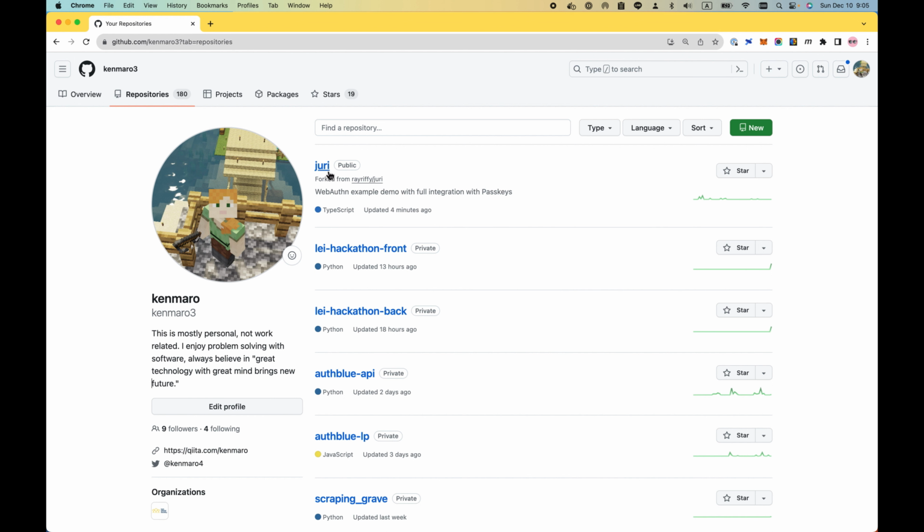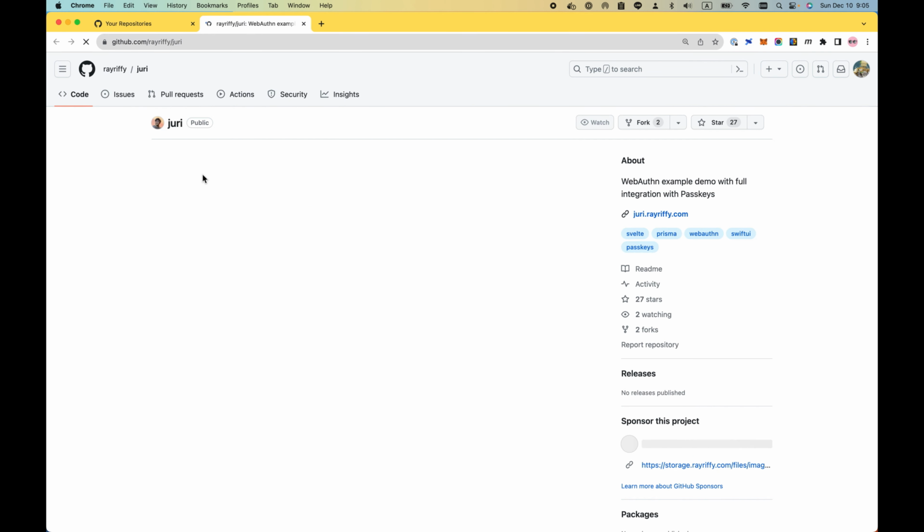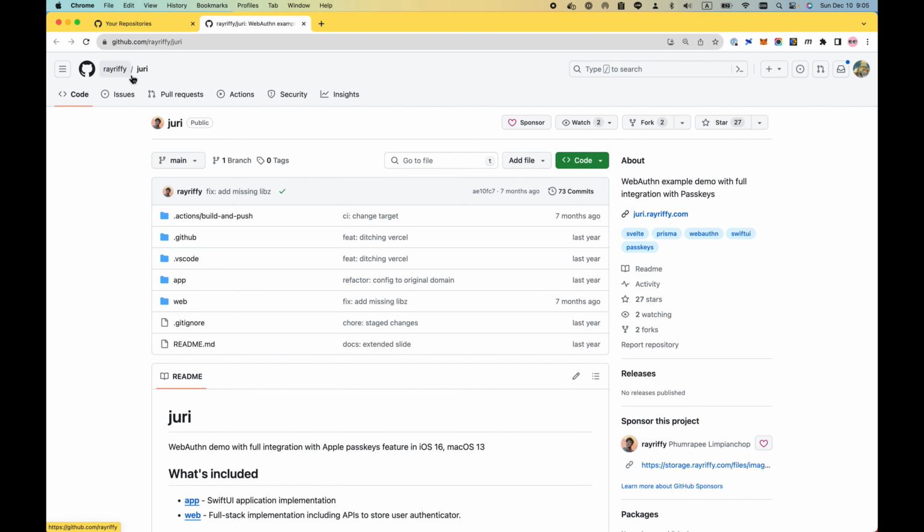So what I searched is this repository. I give him a credit here. Rayriffy jury. This repository is well implemented for the passkey backend, and also the front end for the web and iOS. For the Android, I had a different approach since he did not implement the Android application, so I have my own examples. However, for the web and iOS, I will basically clone this repository and modify it a little bit